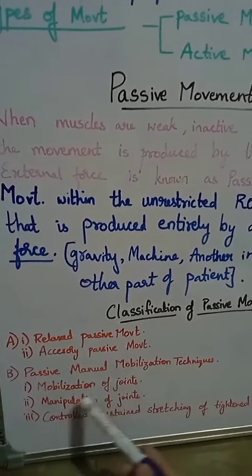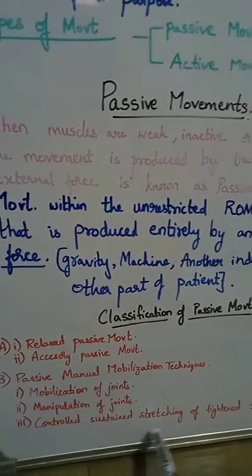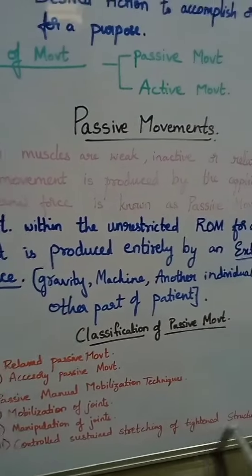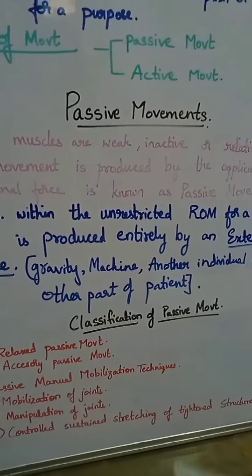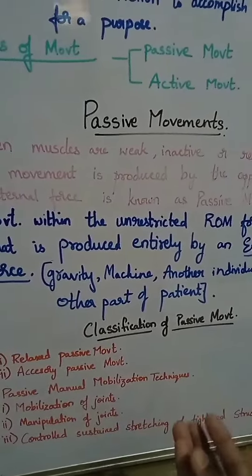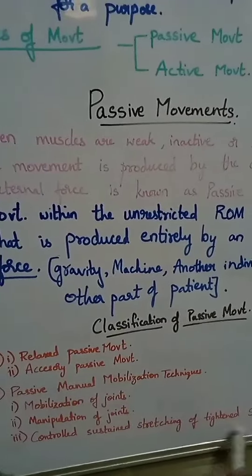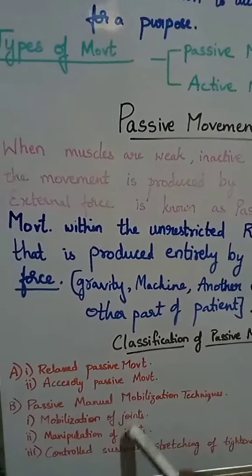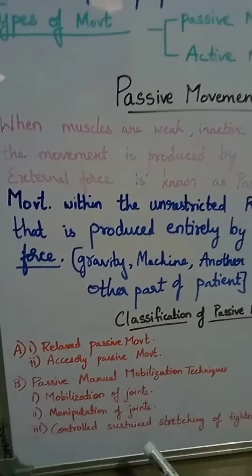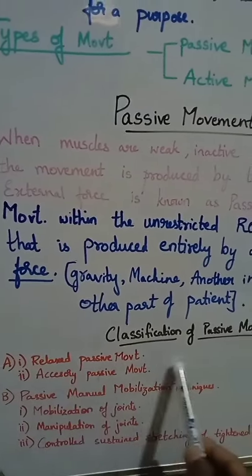In this we have mobilization of the joints, manipulation of the joints, and controlled sustained stretching for the tightened structures. What are the tightened structures? Obviously they will be the soft tissues. It might be the muscle, or the tendon, or even the capsules. So these three are separate topics which we are going to deal with in the upcoming videos. Today I'm going to explain to you about the relaxed